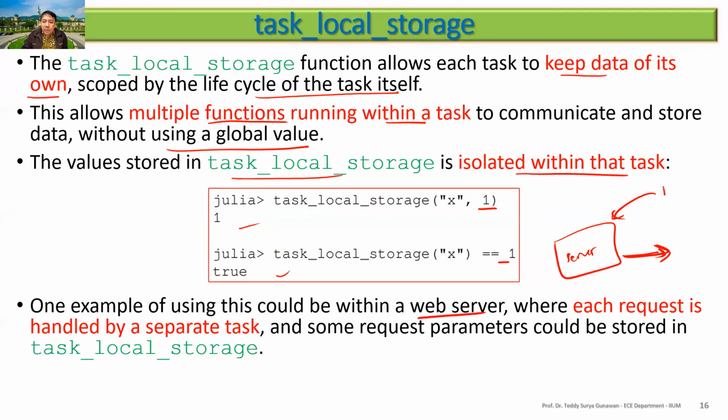So it means that if you have request number 1 and request number 2, they can be handled by task number 1 and task number 2, for example. Each has its own local storage, because request number 1 might be different from request number 2. On a web page, for example, you are opening the staff directory, and another request is opening the main page. Then you can use the task local storage.